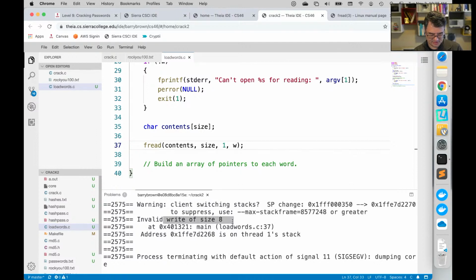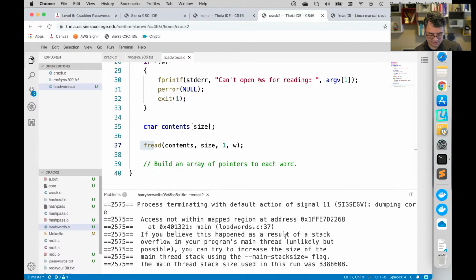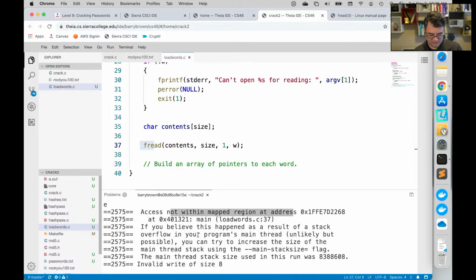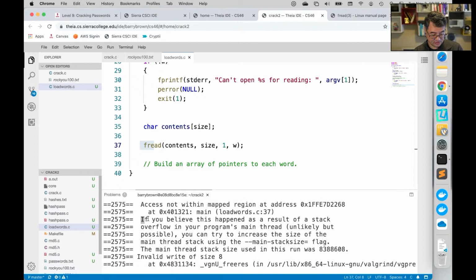Invalid write of size 8 at main line 37, which is the fread. Okay. Address is on thread 1 stack. Process terminated. Access not within mapped region at address. If you believe this happened as a result of a stack overflow in your program's main thread, you can try to increase the size of the main thread stack.